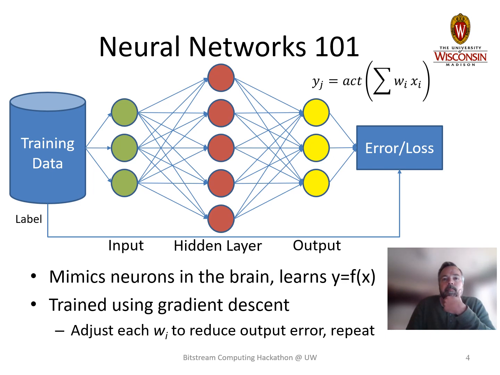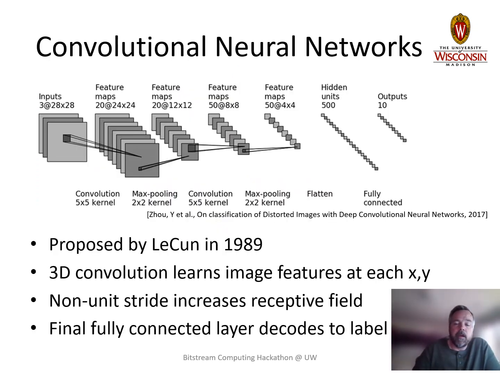Now, an important extension to the concept of neural networks was proposed back in the 1980s by Yann LeCun. And the idea behind this approach is to apply concepts from image convolution to the design of these neural networks. You may remember what convolution is from your earlier signal processing courses. You may not, but the basic idea behind convolution is to apply sort of a pattern match to a set of neighboring pixels. So it might be a 3x3 set of neighbors or a 5x5 set of pixels, like is shown in this example network,